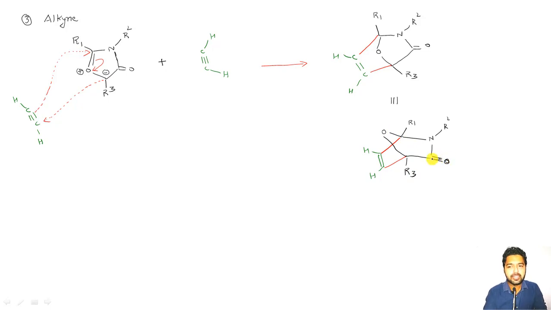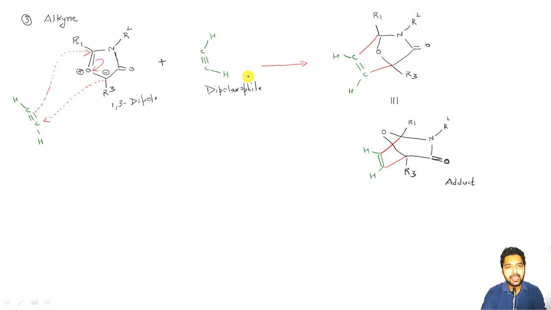So I can represent it in this way. Now, okay, fine, I have got the same type of adduct from the reaction of this mesoionic compound, which is acting as a 1,3 dipole, with my alkyne molecule, which is acting as what? A dipolarophile. Once again, a 1,3 cycloaddition type of reaction.